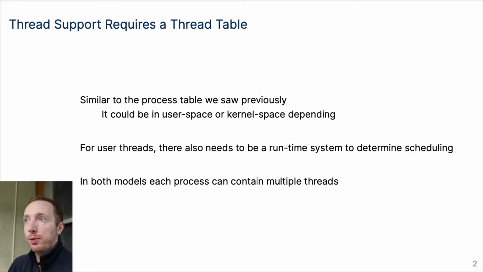So no matter where threads are implemented, there's going to be a thread table somewhere. So it's similar to a process table, except it is less information, because a process table will contain all the registers and stack, which is what a thread is. It's just like a subset of a process, because the process also has the address space information, all the memory, the open files, everything kind of related to a running process. So this could be in user space or kernel space, depending on where your thread support actually lives. So for you, it will be in user space, but there are kernel threads in the Linux kernel, so there are some section of that dedicated to